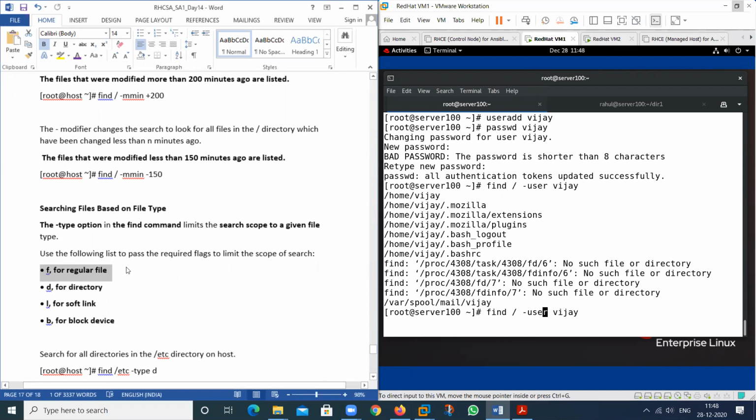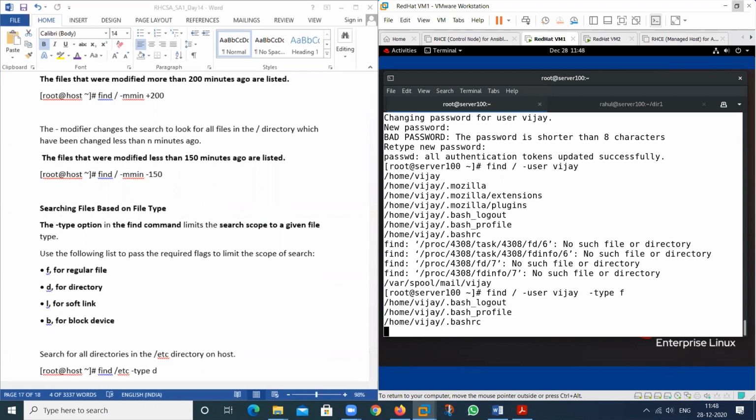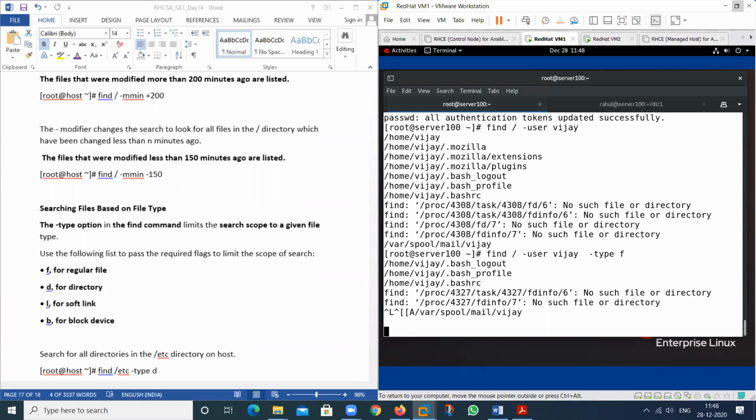So we can use f, it means regular file, d means directory, l means link, b means block. So I want to search only just the hyphen type only for files, then see the result.